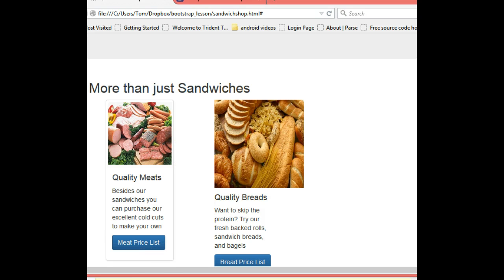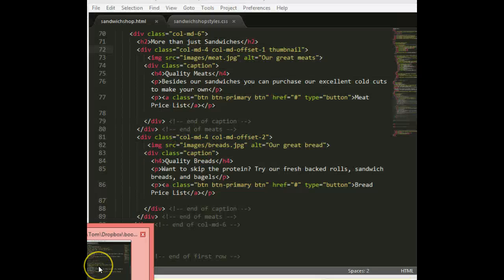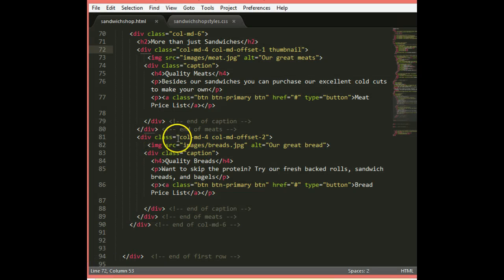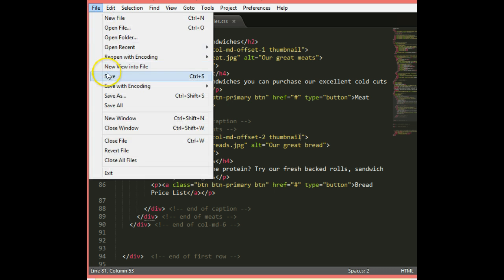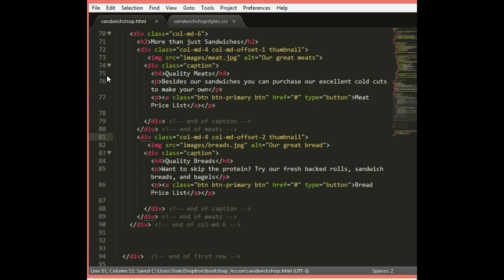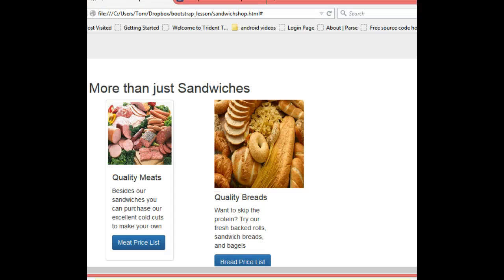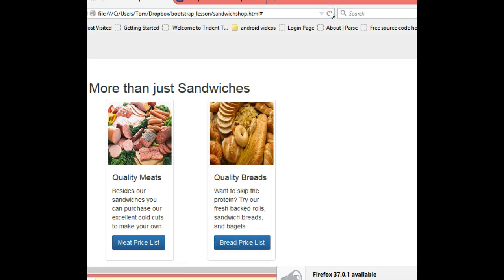So let's go back to our styles and find where our second grouping is. Okay, here is our next one. And we'll go ahead and paste in thumbnail again. File and save. And then let's go ahead and refresh. Nice. Okay, so now what we want to do is let's go ahead and fix this up here,